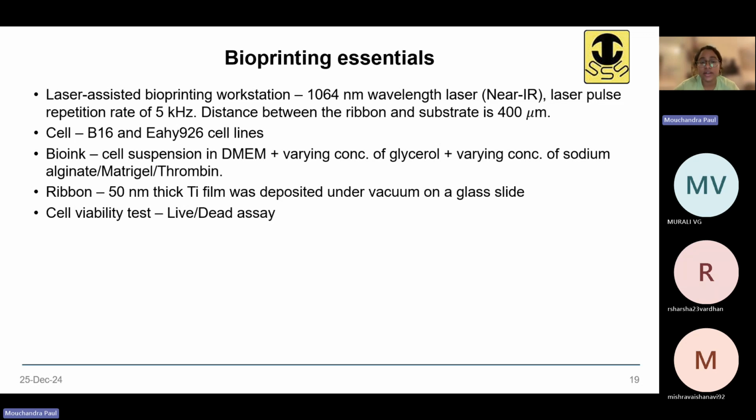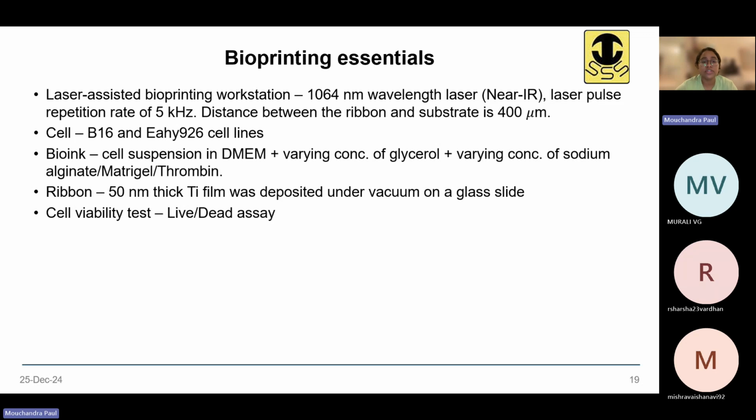And they are using another cell line that is called EAHY926. This is an endothelial cell line. The bioink they are changing a bit for different experiments, which I'll explain in the results that I'll show you. But the basic structure remains the same. There is a cell type in suspension in cell culture media, DMEM. It is mixed with varying concentrations of glycerol and varying concentrations of sodium alginate